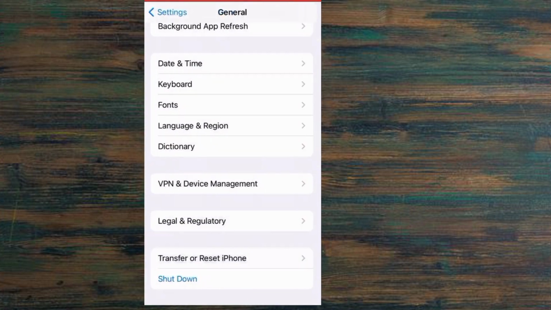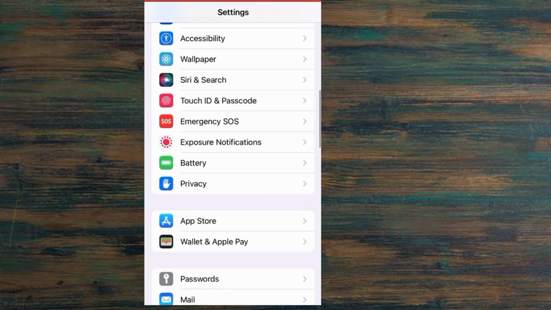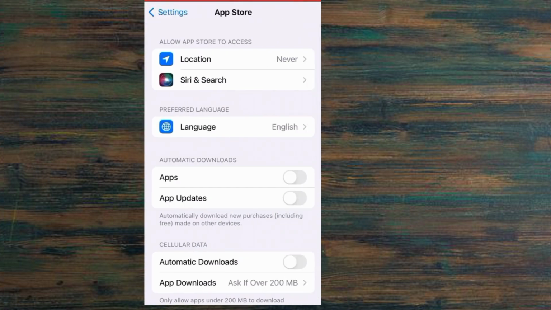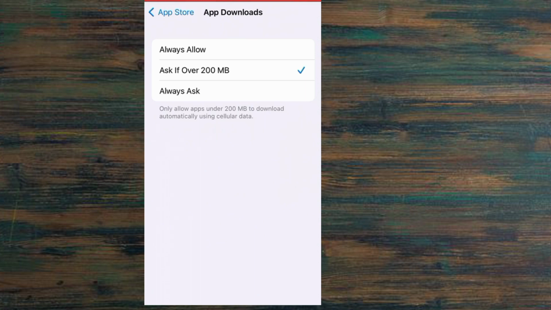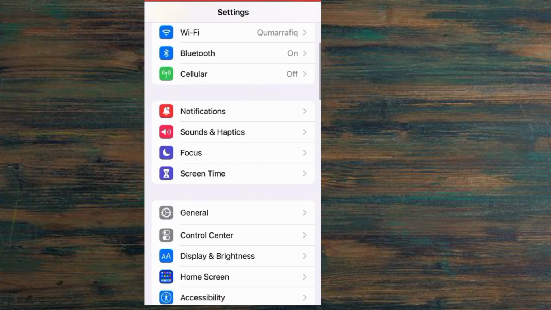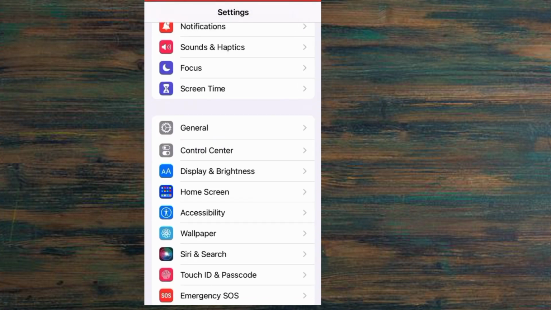If your problem is not solved after this setting, now go back and scroll down and search here for App Store. Tap on it and you can see the options appear on screen. In the automatic download section, turn on the apps option from here. App update and automatic download, turn on from here, and for app download select Ask if over 200 MB. Go back and guys, here check your iPhone storage, and next method, simply tap on General